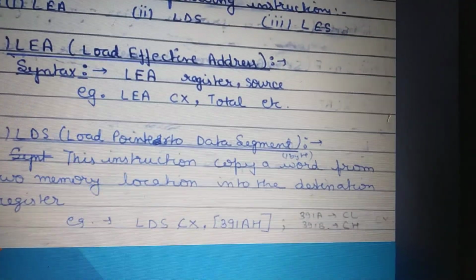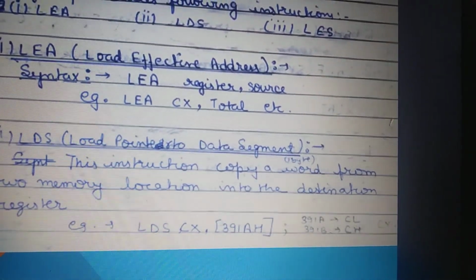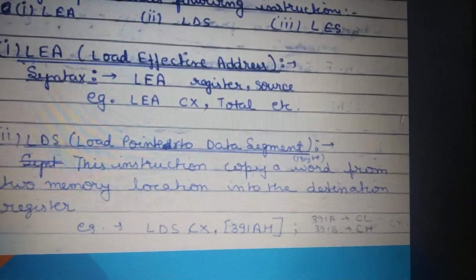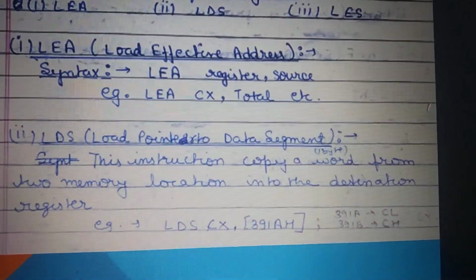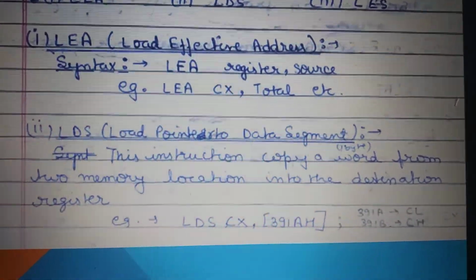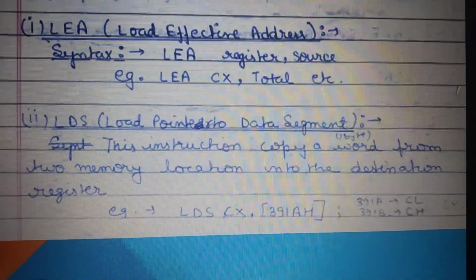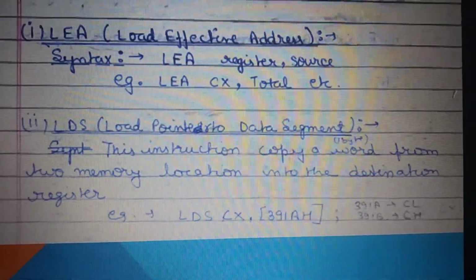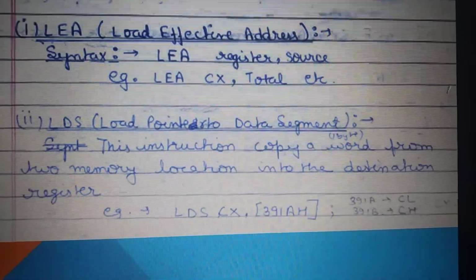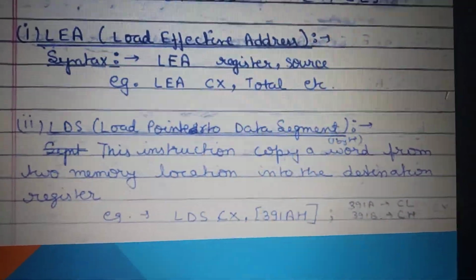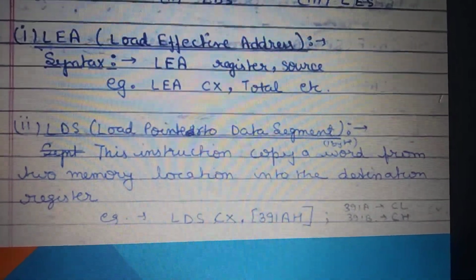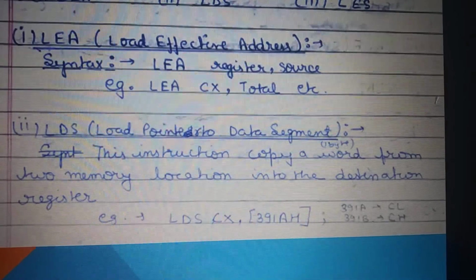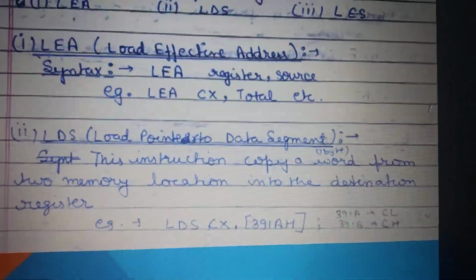Okay. So this instruction is used to create an alternate data segment in the memory. As we know, there may be more than one data segment or extra segment in the memory. So if we have to create an alternate data segment, then we can use this instruction. We can copy the content of a data segment location to a register in the microprocessor as well as to an alternate data segment in the memory.